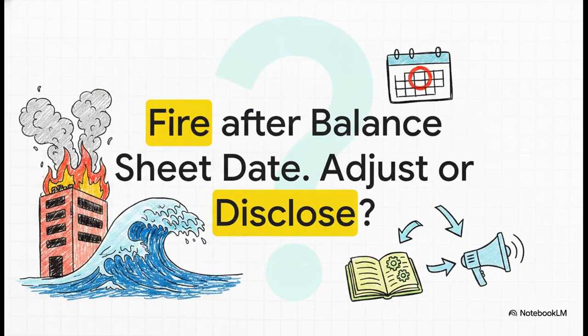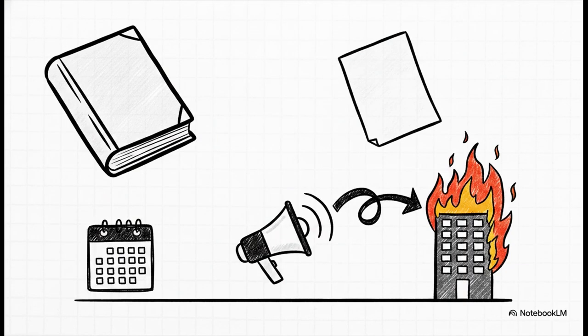Okay, back-to-back testing. Let's revisit that high-stakes scenario from the very beginning of our explainer. What if that warehouse flood, or maybe a massive fire, happens right after the year end? Adjust or disclose? The answer is disclose only. You absolutely do not adjust the financial statements for this. Since the condition, the actual fire or flood, arose strictly after the balance sheet date, it is a textbook non-adjusting event. You just disclose the nature of the event and its financial impact in the notes, assuming it's material, of course. Think about it. If you went back and adjusted the balance sheet, you'd be totally misrepresenting the reality of the assets that were perfectly fine and sitting right there on the final day of the financial year.